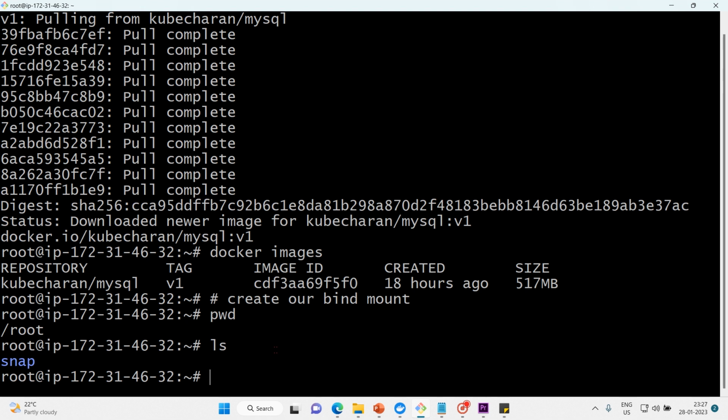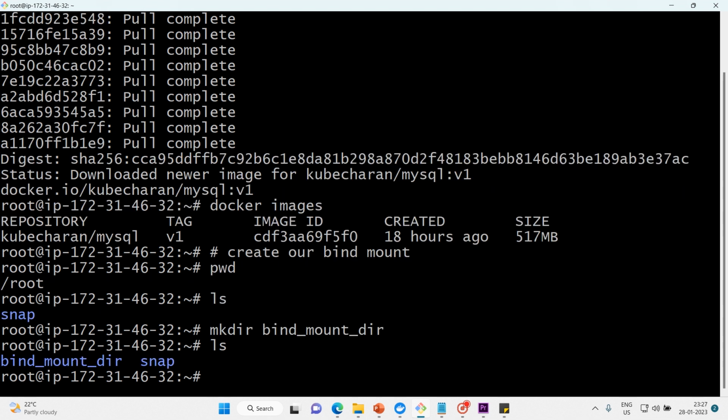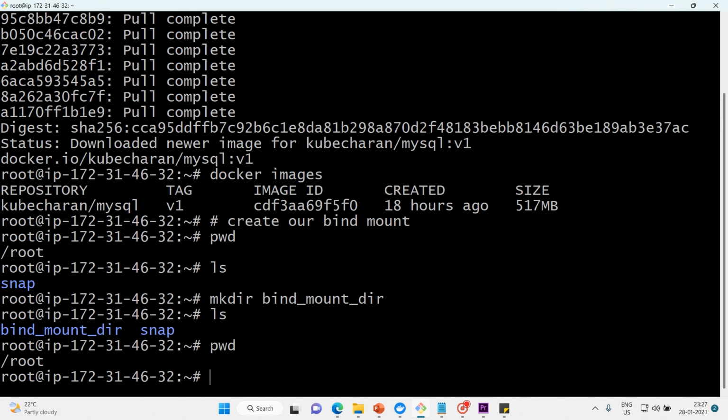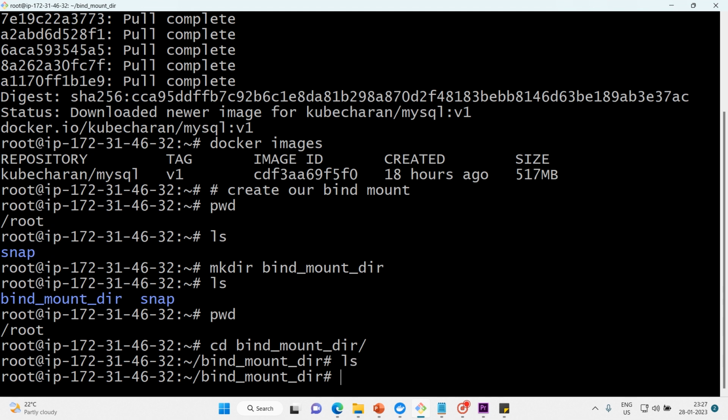So I will create a directory here, mkdir, and the directory name is bind-mount-dir. Let me click enter, ls. Now cd bind-mount-dir, ls,